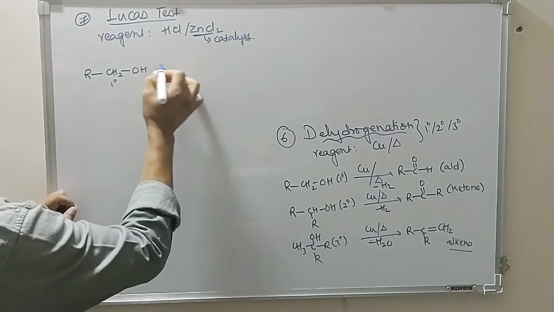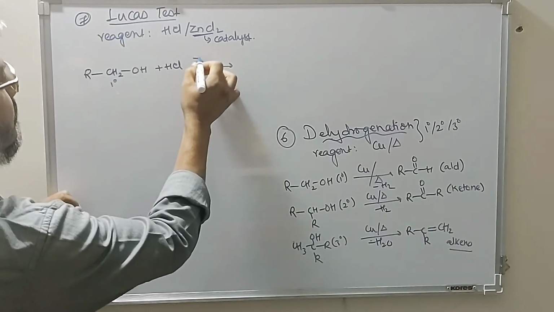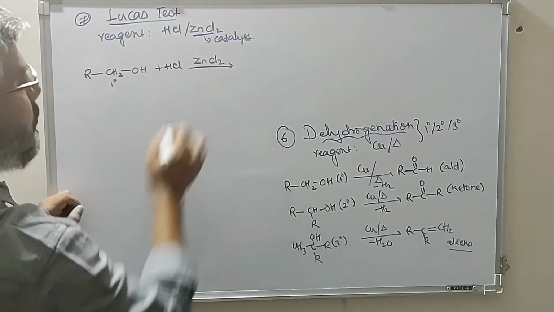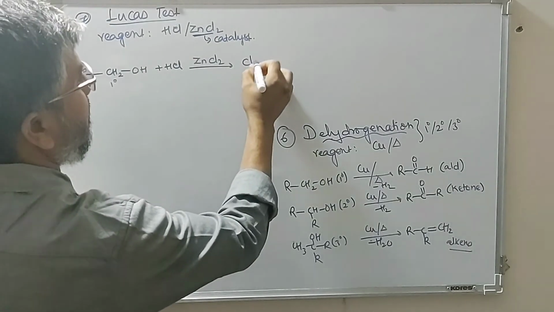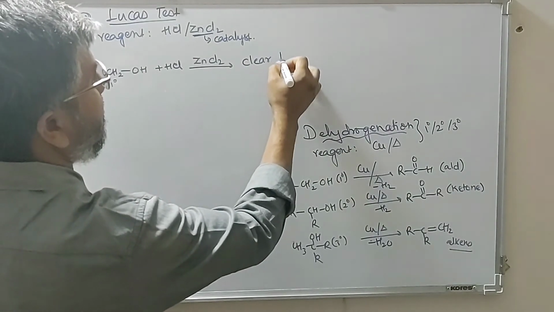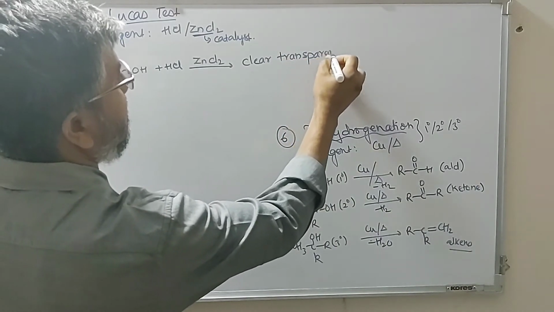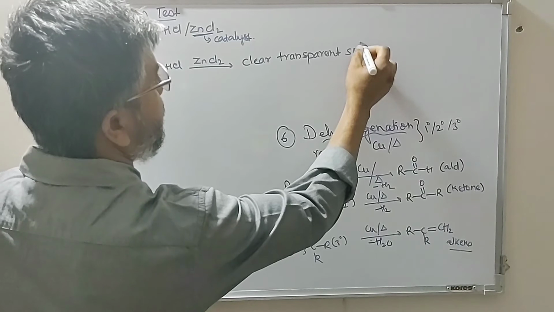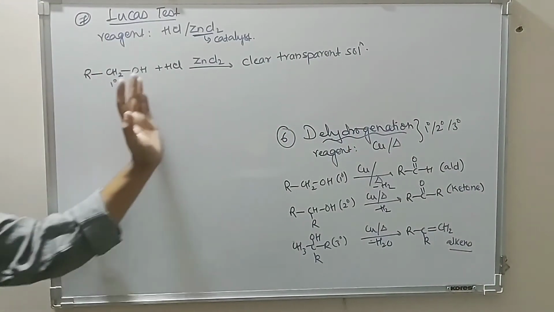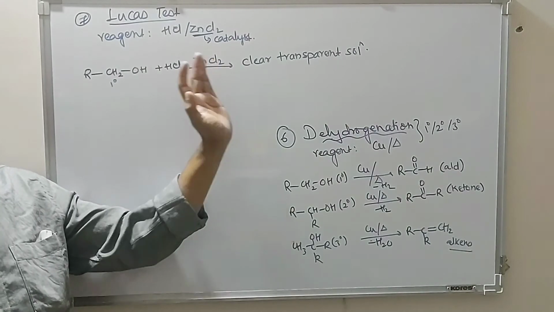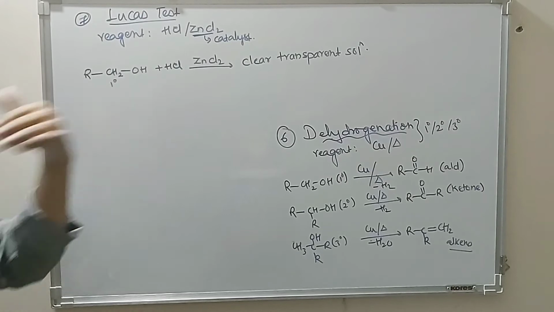So primary reacts with HCl in presence of zinc chloride, when this gives you clear transparent solution. So reaction of a sample of alcohol with HCl and zinc chloride, if the solution is clear transparent, then the